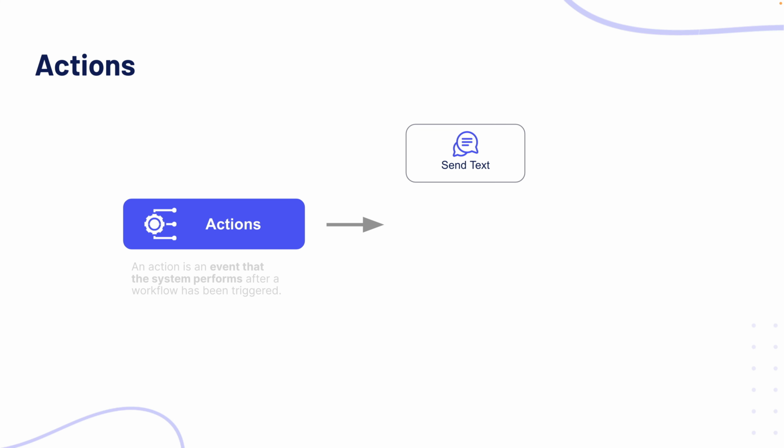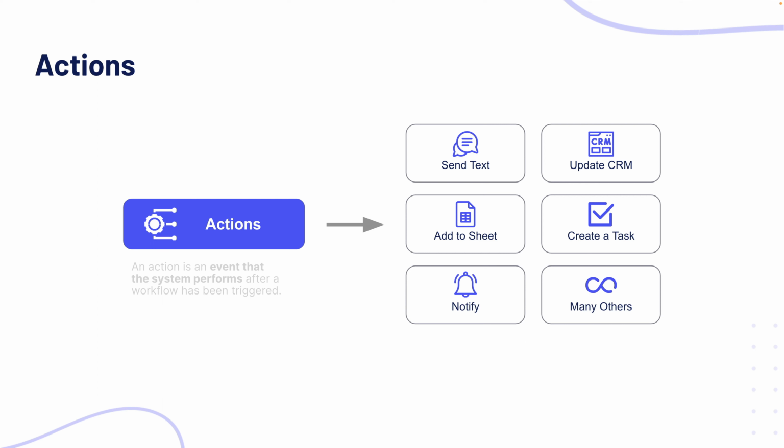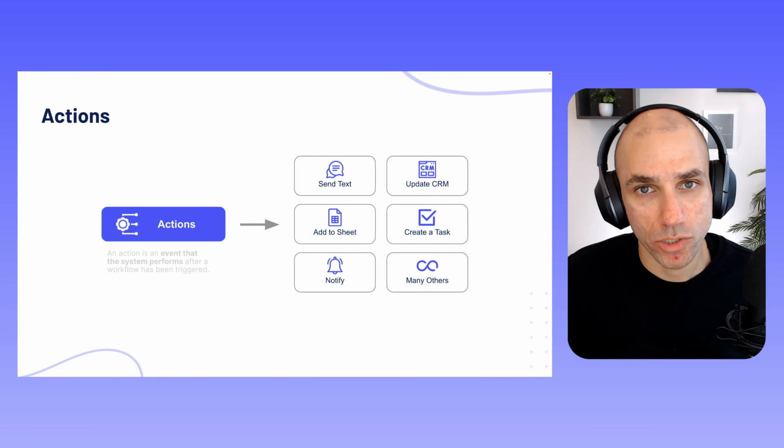So instead of you sending the text manually, the system will send it on your behalf. Or it could be updating a CRM. It could be adding something to a Google Sheet or an Excel file. It could be creating a new task, notifying somebody, and many others. So these are different types of actions that can take place and can be automated, and the system will perform on your behalf. All right, so those are